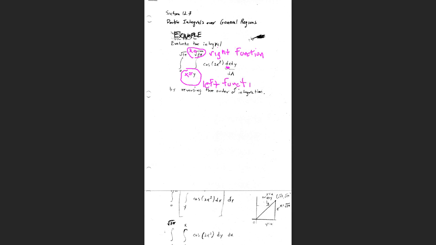So you're bounding the region on the left side and the right side by these two functions. And then you're limited in the y values. The y values would go between 0 and root 3 pi. So let's go ahead and